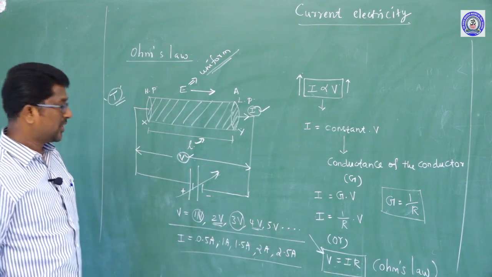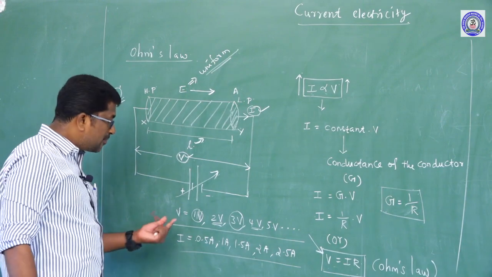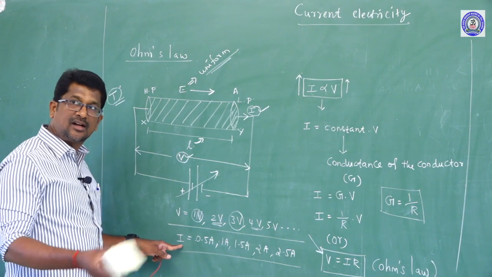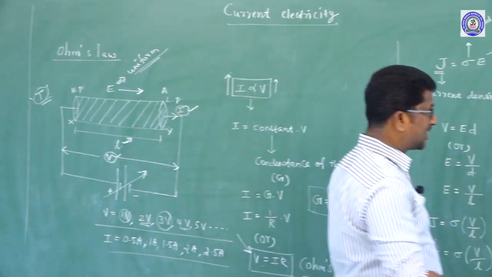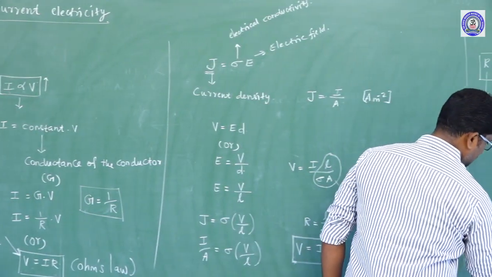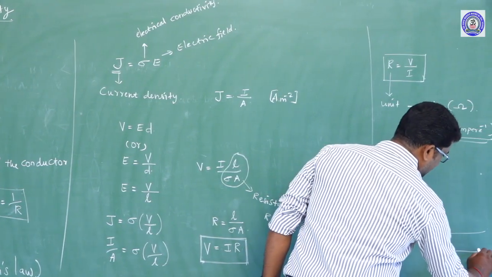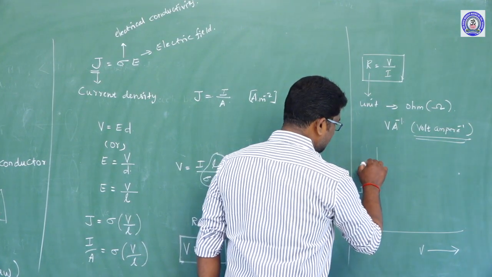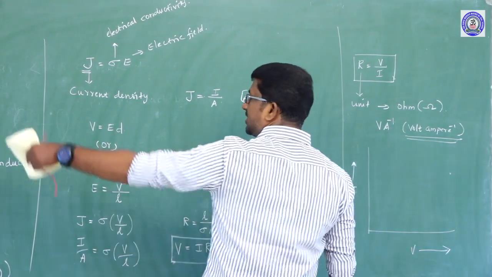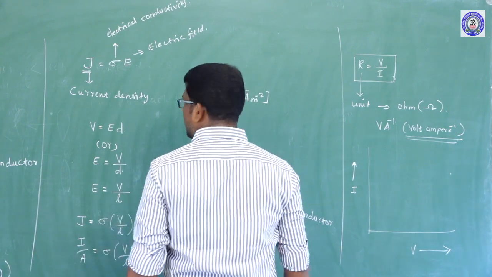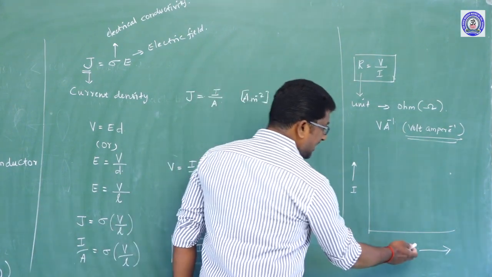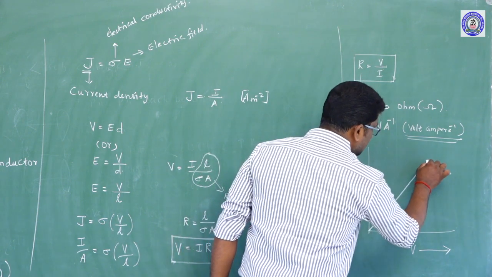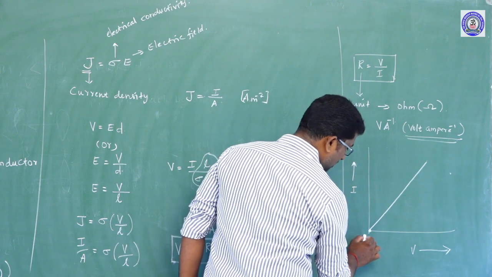Right. Now, draw a graph by taking potential difference along the x-axis and the corresponding current along the y-axis. Right. So, here the given wire is a conducting wire. For a conducting wire, the nature of the voltage-current graph is a straight line, and it passes through the origin,